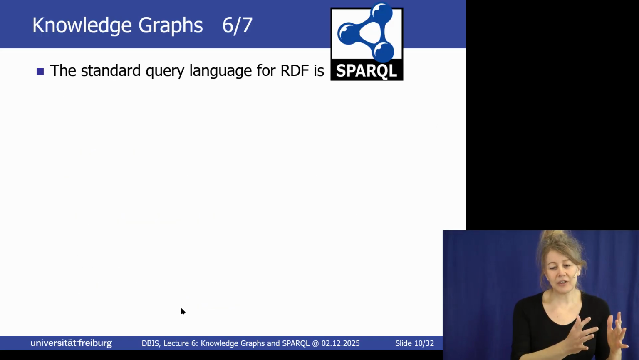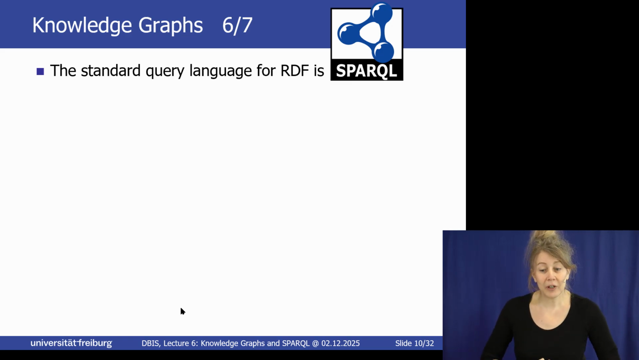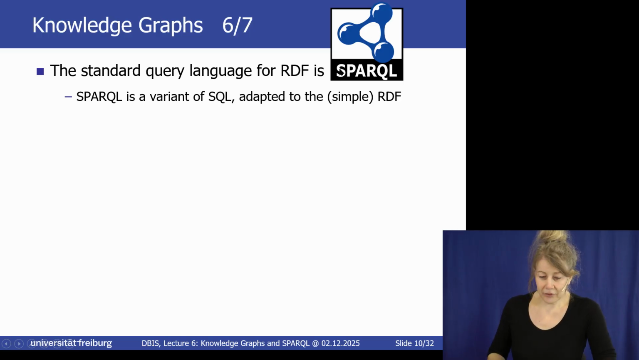So now we have a data model like tables. Now the question is how you query it. For relational data, we used SQL. For RDF, you use SPARQL. And you also have this symbol here. Danke, Frank. And SPARQL,